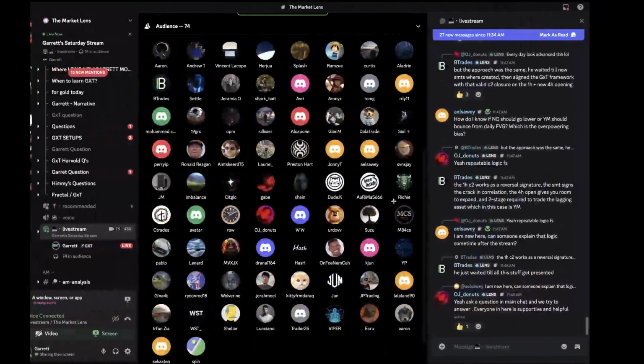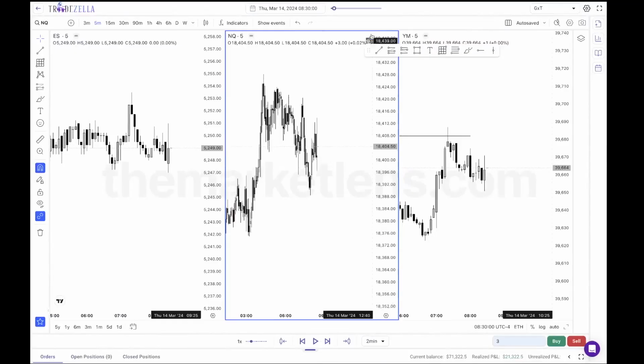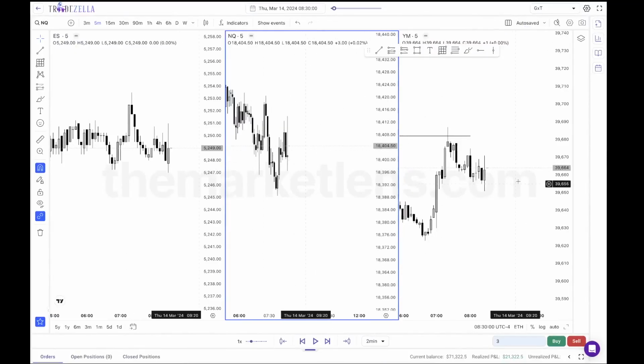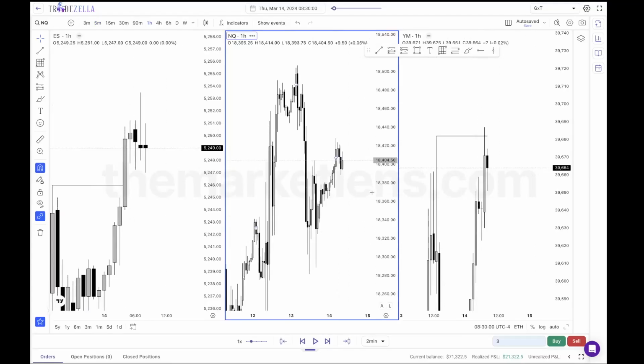Does that make sense to everyone? The logic to go lower makes sense right now, but not the PA. So this is what I mean. Some of you guys are taking these lower time frame setups, but what is there to take here in the lower time frame? There's nothing much. There are no bulky opposing candles. So just wait for that driver to pass.